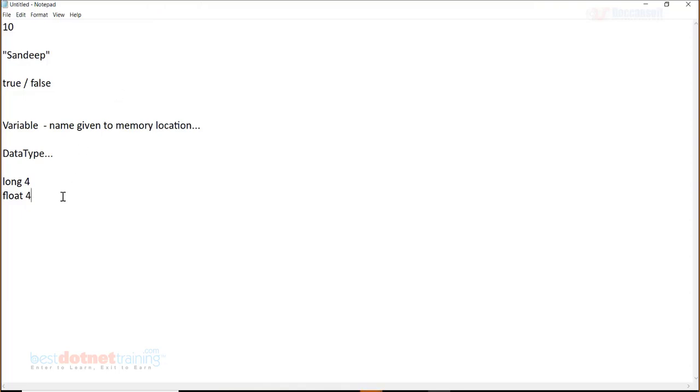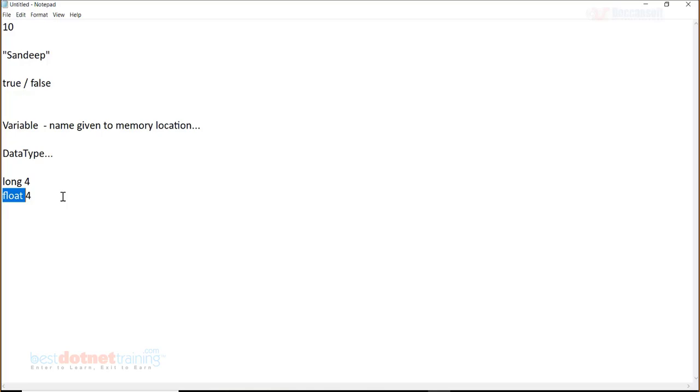So in these 4 bytes, how the value is going to be stored in the binary system, that format will be decided by long or float. The format of long storage and the format of float storage is different. It's not the same. So size and format both have to be considered when we want to associate a data type with a variable.